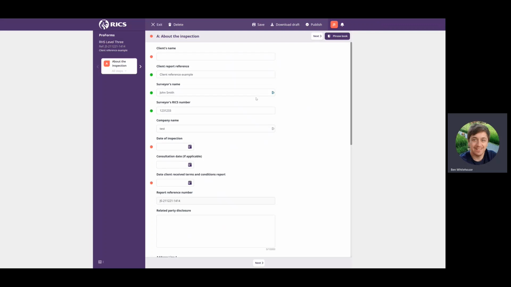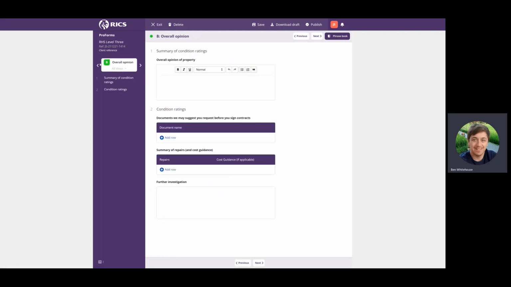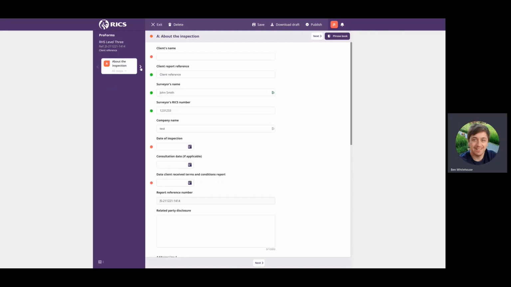So let's just run through this page. On the left here, we've got the type of report, we've got the reference number, we've got the client reference that we added, and we can also modify that here if we want to. Below that, this is the table of contents that we can use to navigate to other pages of the report. So we can either use the left and right arrows to change page,